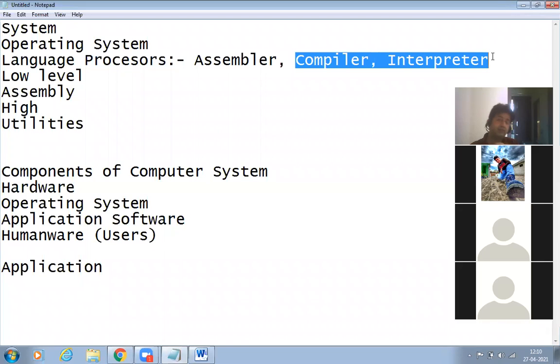But in the case of an interpreter, conversion is line by line. If there is any error, it stops. After removing the error, the program will be executed. Every time we need the interpreter for converting high level language into low level language. Take the example of Python: it uses an interpreter. C and C++ use a compiler. Some languages use both interpreter and compiler. The example is Java.